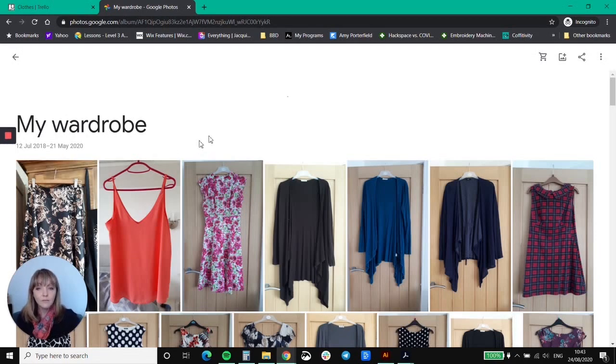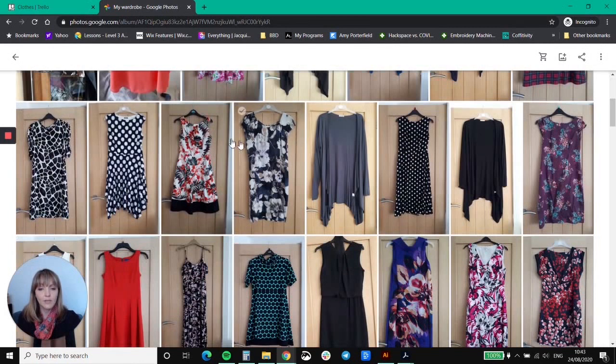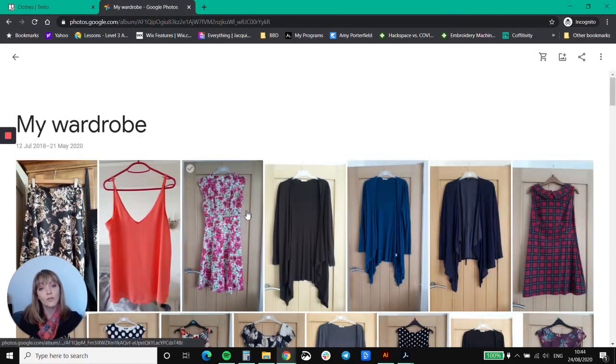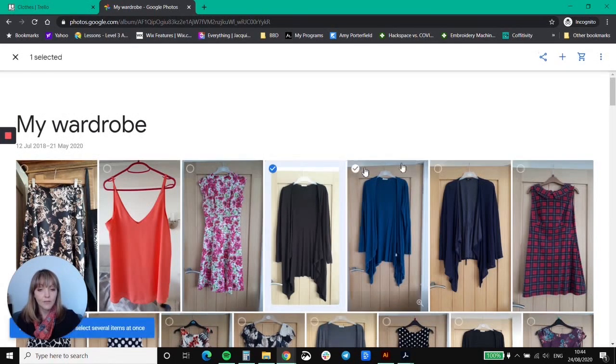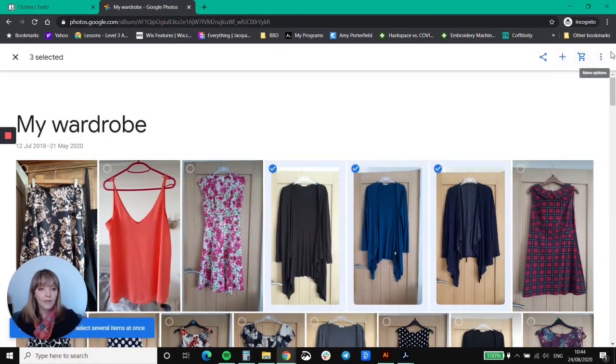So this is an image from my Google Photos, and in here you'll see all the pictures, and as I said, I've just taken photos from the hangers on the back of the door in my bedroom. And then from Google Photos, the way that you can download them is if you select the image. So let's say I choose these three here, and then you use the three dots button at the top, choose download,